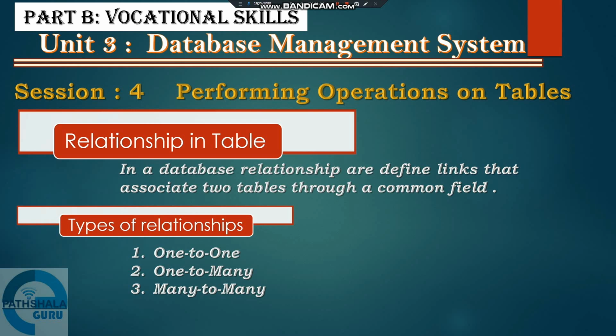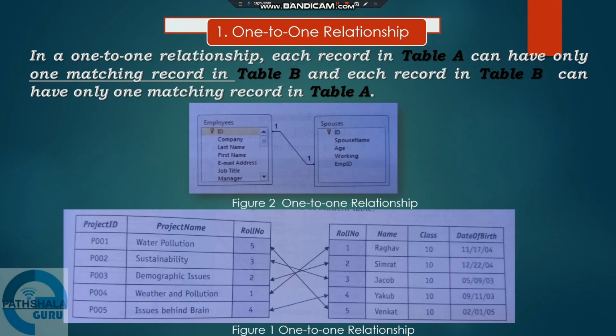Let me first discuss the one to one relationship. In a one to one relationship, each record in table A can have only one matching record in table B, and each record in table B can have only one matching record in table A. We have two figures. Figure 1 shows a one to one relationship, like here